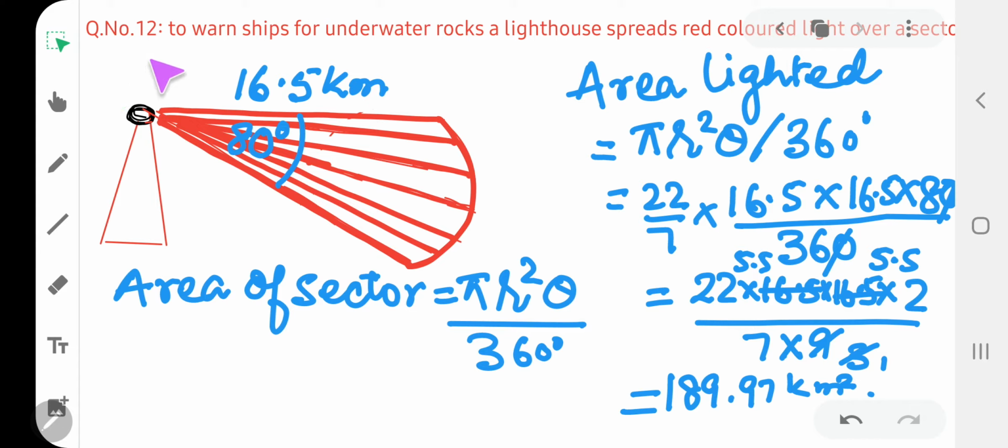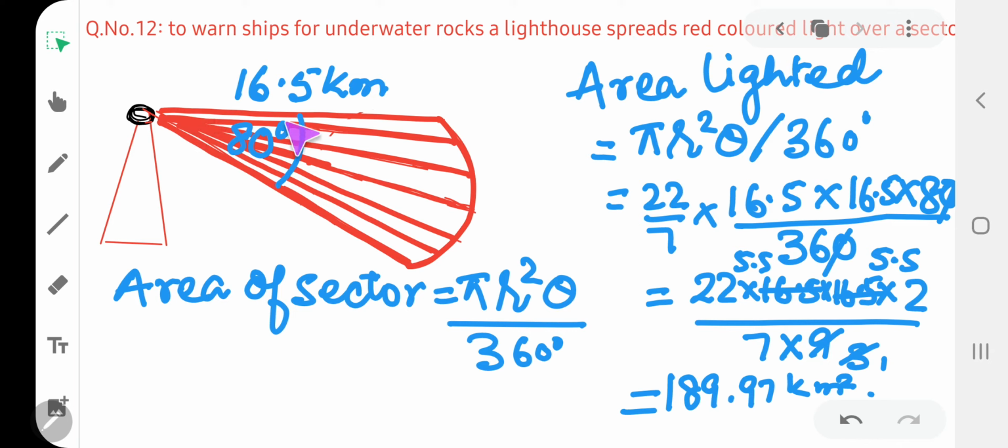let's understand this question. In this question, you will see that this is the lighthouse, and the rays of light, as you might have seen in a torch, whenever you reflect light through a torch, you will find this shape. So light is always traveling, making a sector formation. This way the ships are warned. The light in the form of sector is spread so that the ships can easily move in during the night time also.